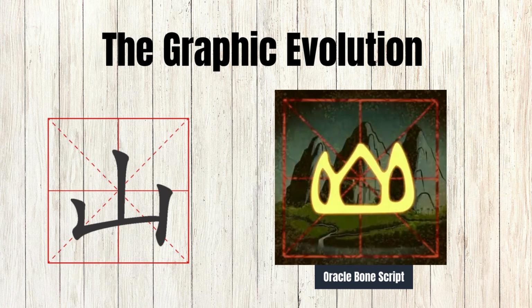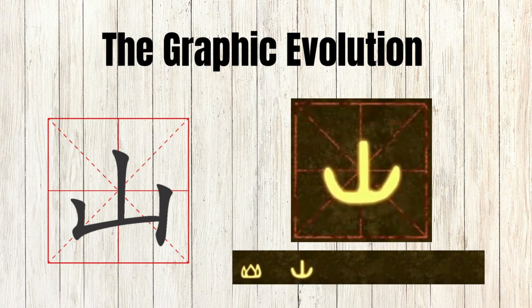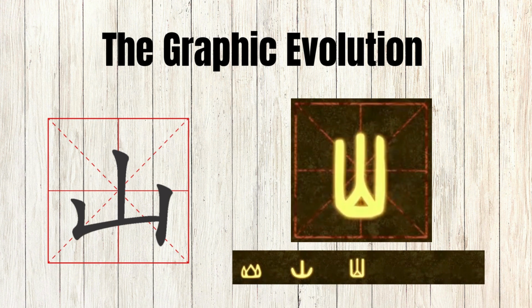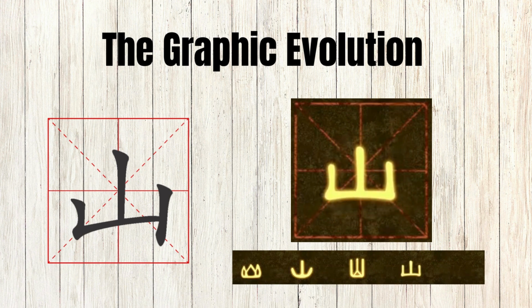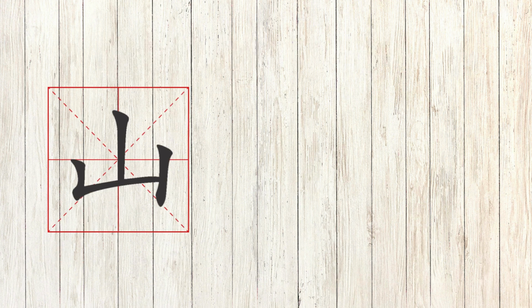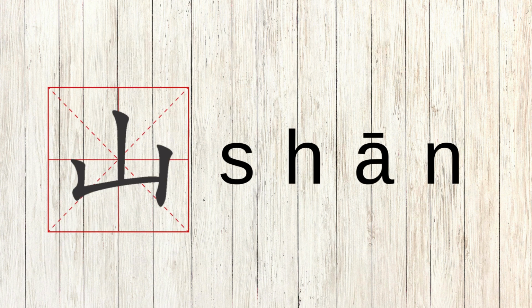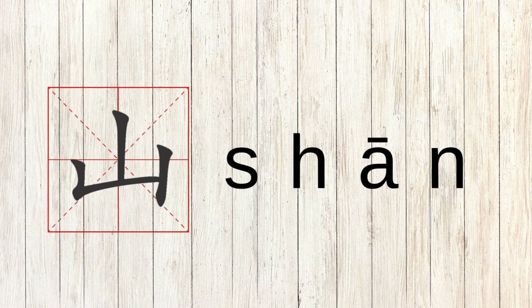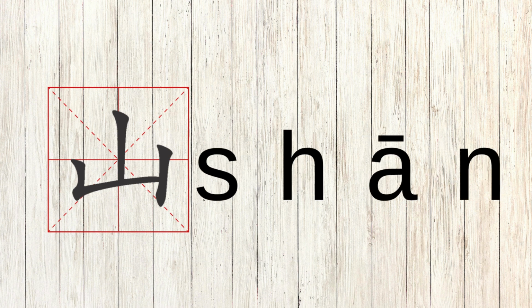In the earliest Oracle bone script, this character looked like a drawing of a mountain. As the writing system gradually became standardized, the character was simplified until it eventually took on the stroke-based form we use today. Let's practice reading this character together. 山山山